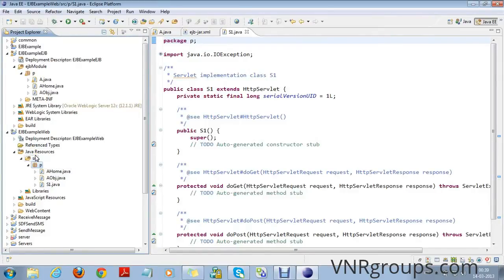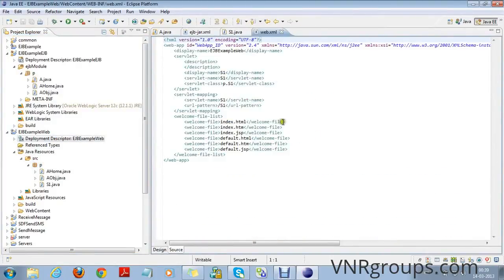Now we declare EJB in the web.xml deployment descriptor.